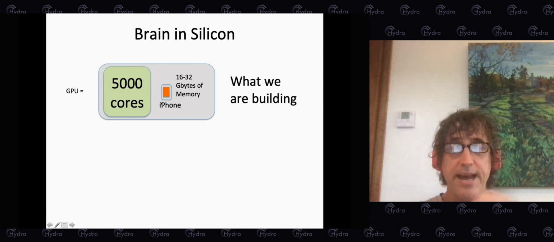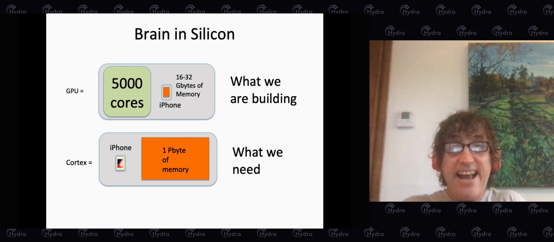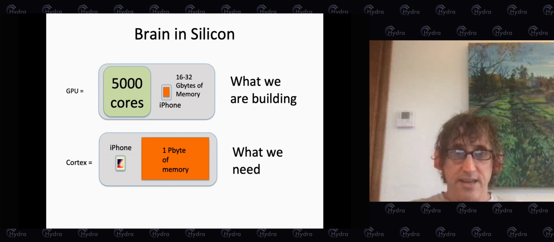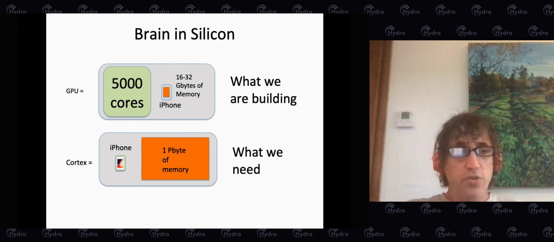We aim for a petaflop of compute on a cell phone of memory. But what we really need is a cell phone of compute on a petabyte of memory, exactly the opposite of what we're building. And this is where the problem is. The problem is that we are going in the wrong direction. We should be building